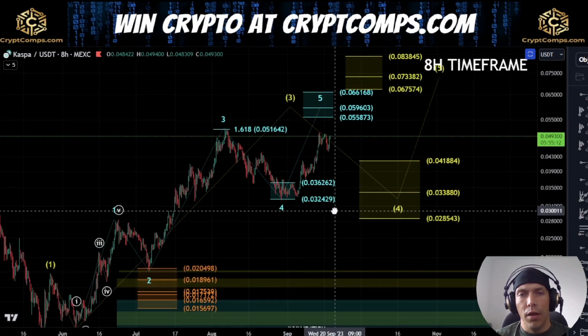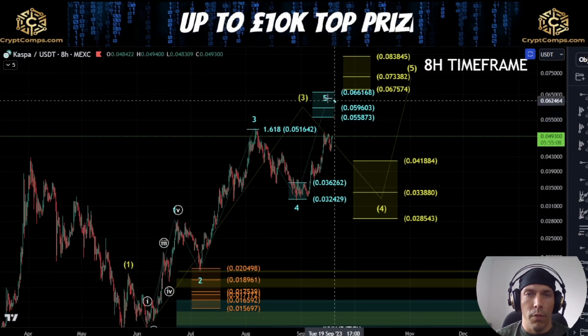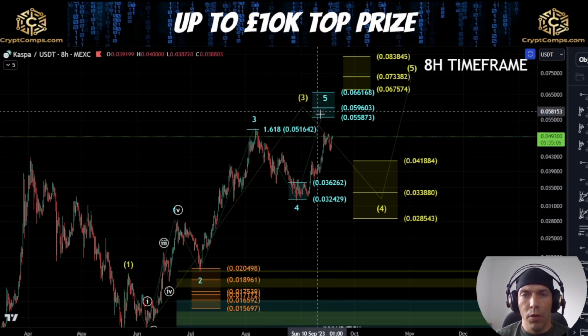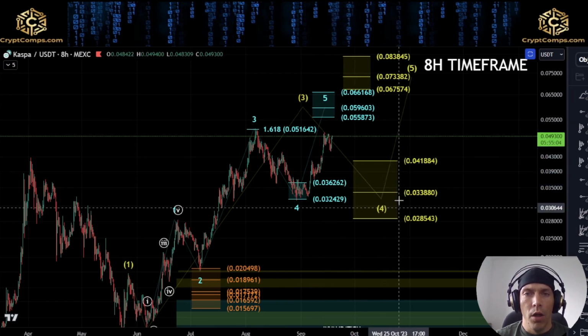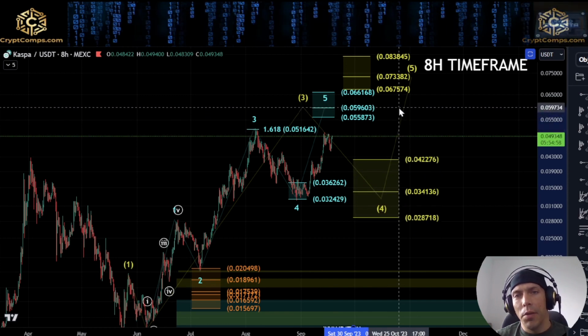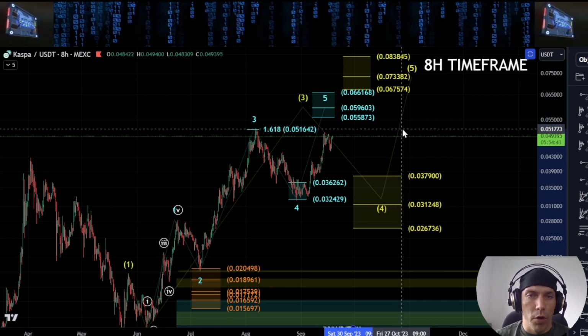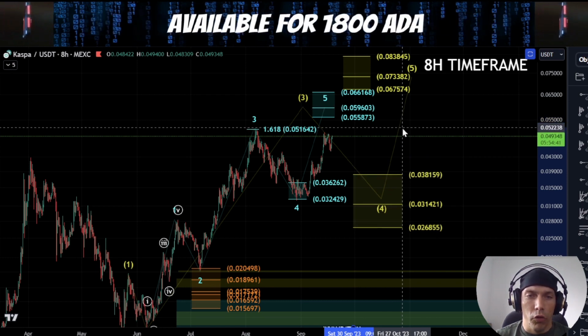Now the idea here is that if we are actually looking at this blue wave 5 completing, we'd then be looking for the yellow wave 4 to actually play out. Now depending on where we complete, this would change this target area, as you can see here. So if we complete in the blue box area here, 0.422 to this 0.287 is going to be our typical target zone. If we just saw a small break of this wave 3 here, this would push that down slightly.